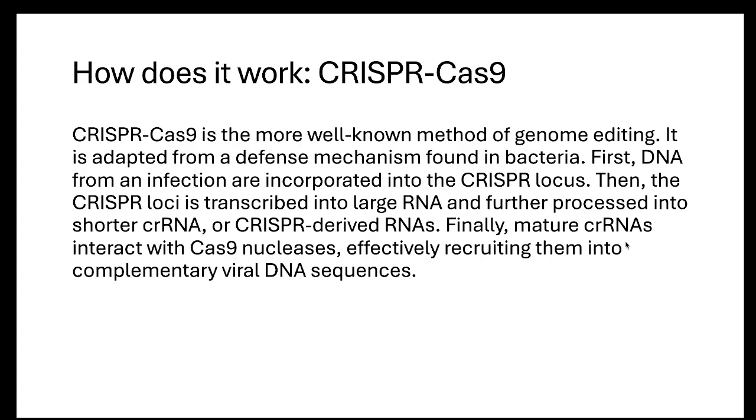CRISPR-Cas9 is definitely the most well-known method of genome editing. It was adapted from a defense mechanism found in bacteria. First, DNA from an infection is incorporated into a CRISPR locus, and then the CRISPR locus is transcribed into very, very large RNA fragments, and then those get processed into short crRNA fragments, or CRISPR-derived RNAs. And then these crRNAs can interact with Cas9 nucleases and recruit them to be complementary